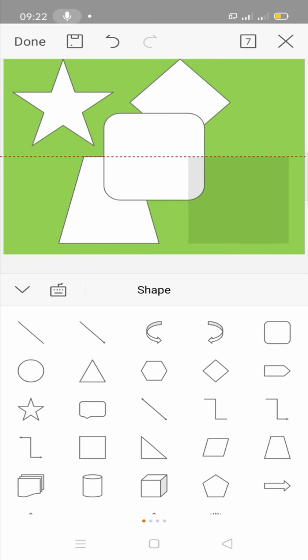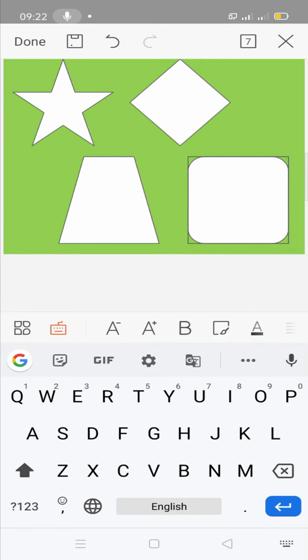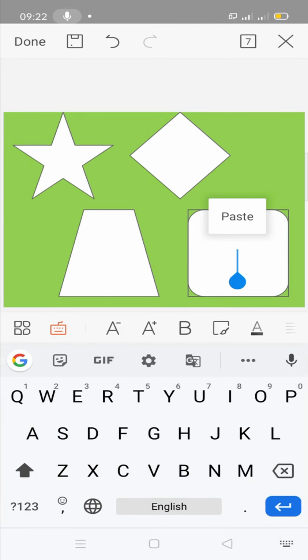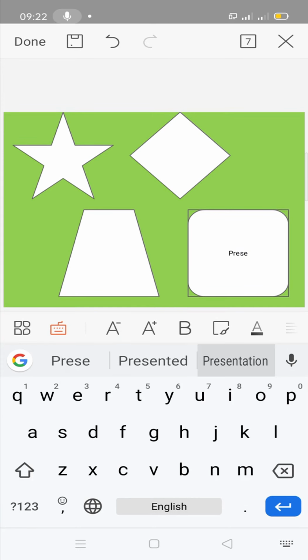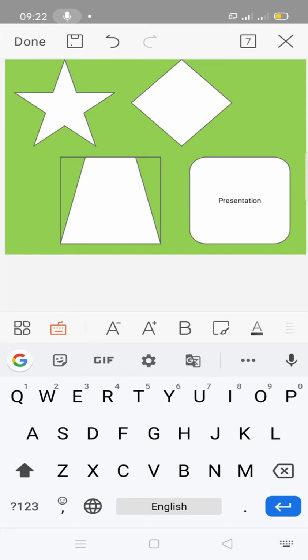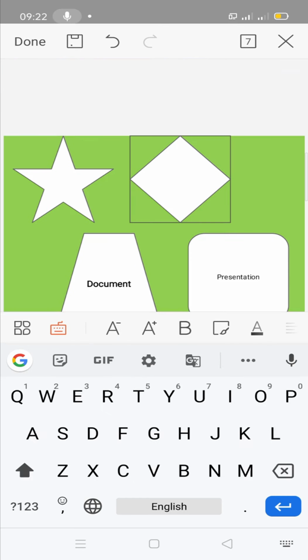In this way, fine. After that, if you want to write, there is a keyboard. Here is the keyboard if you want to write anything, just like a presentation. Here if you want to write, just double click, it is coming. If you want to increase the writing size, you can use it. Bold, you can also do it. See, it is coming now, bold.